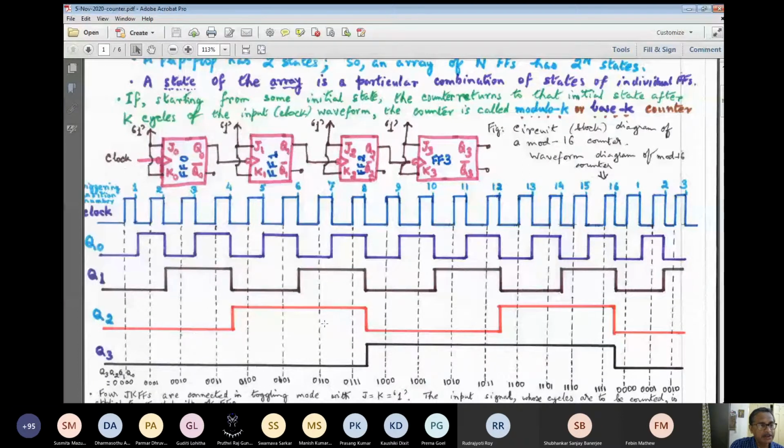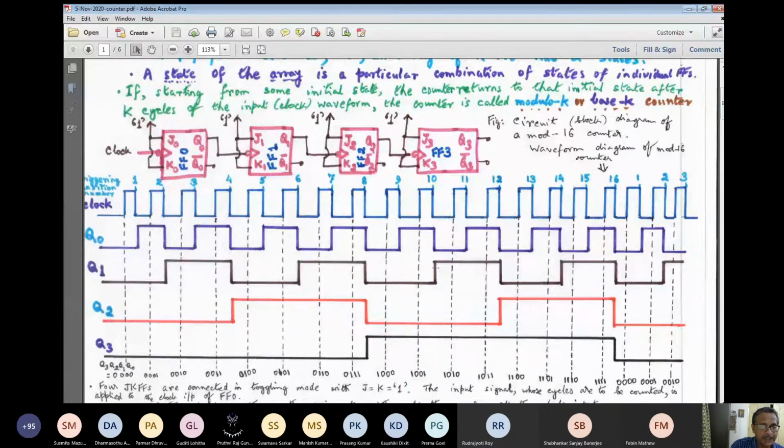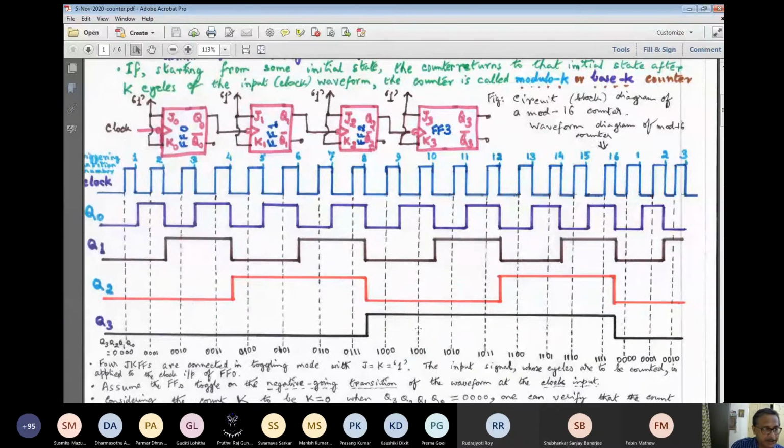Likewise, you can find out for yourself that at the normal output of FF2, the signal obtained has a frequency 1/8 that of the primary clock frequency. And finally FF3, the rightmost flip-flop, you will see that its frequency is, if you count it, actually half of that. So its frequency will be 1/16 of that of the clock, right?